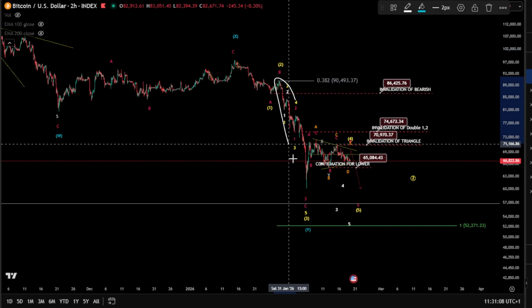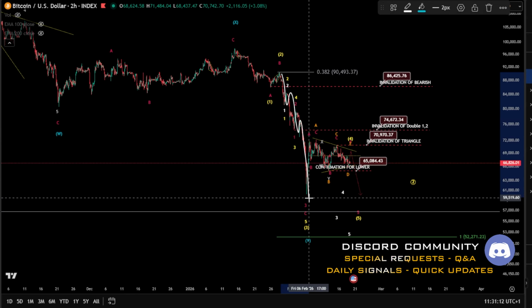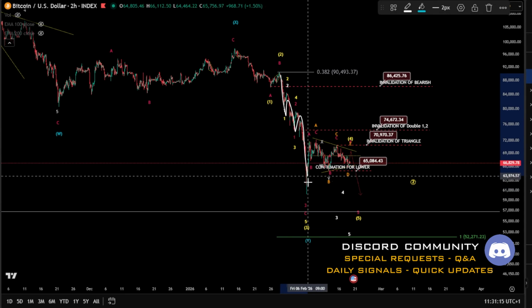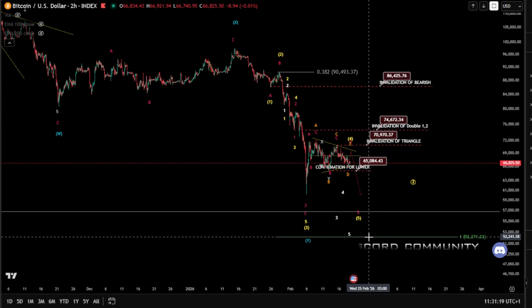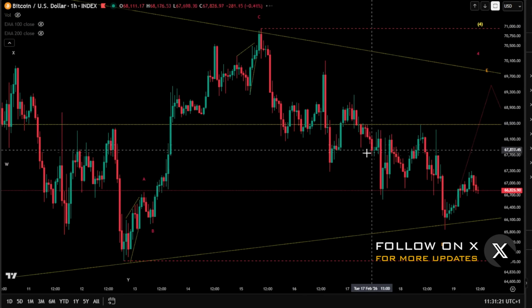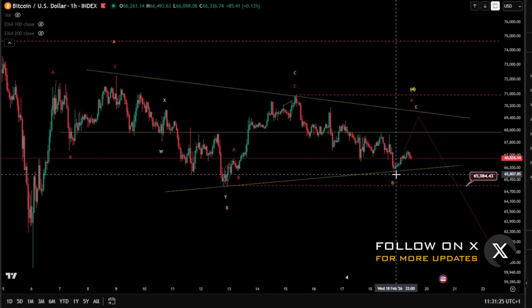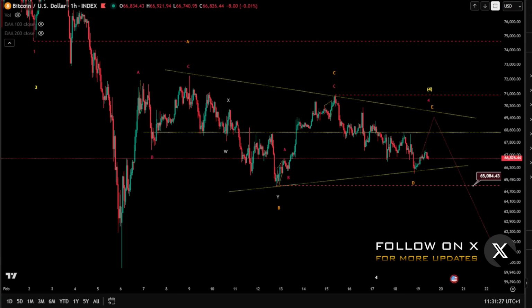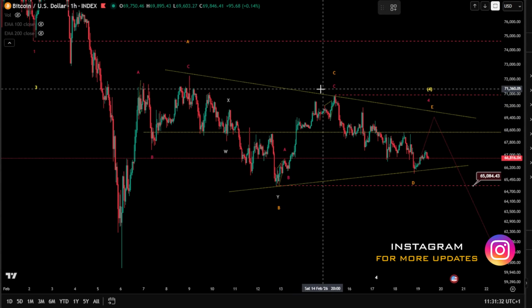And that's why I'm keeping, of course, those two phases for this impulse, because it can be 1, 2, 3, 4, 5, but also it can be double 1, 2, 3, 4, and a 5, 4, and a 5. Interesting. So we'll see. On the lower time frame, as you can see, weakness has been given there. Nothing is as a double 1, 2, and of course it has been already clear for us from here.